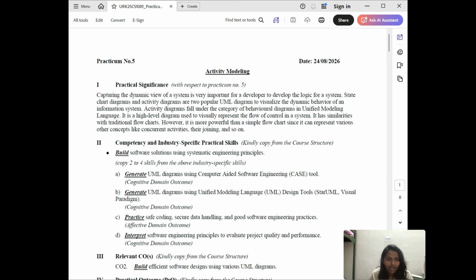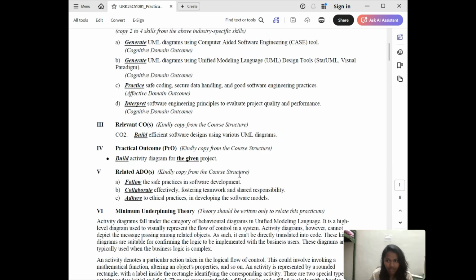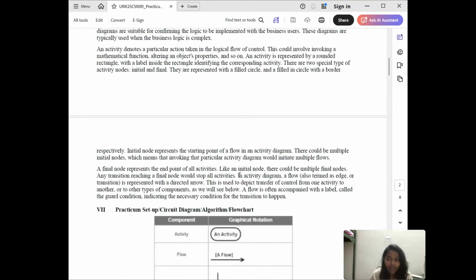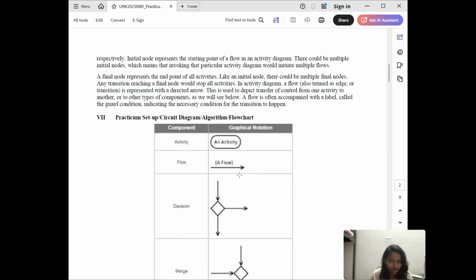So now let's see how the activity diagram takes place and how we can apply it in our application, which is the student management system. An activity diagram is basically a behavioral UML diagram which represents the flow of activities and control. Similar to a flow chart, it can also represent decision points, parallel activities, and merging and joining of activities. We'll be seeing in our student management system how the system works from login to the completion of different student related operations.